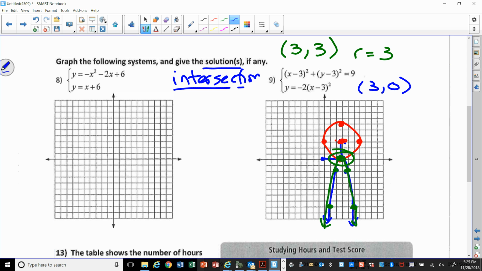If I substitute in, that's a 3 here. 3 minus 3 is 0. And then 2 times 0, I get y equals 0. Okay, so that checks out. And then this has to make this true, too. So if x is 3, all right, that would be 0 squared. And then this is, if y is 0, right, if y is